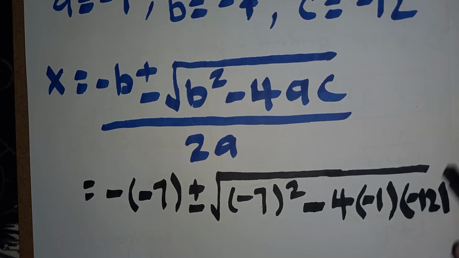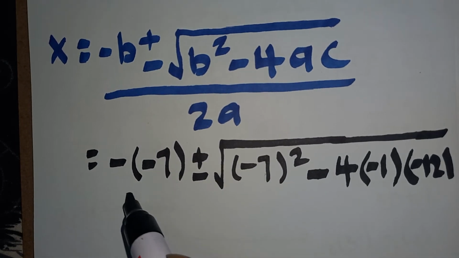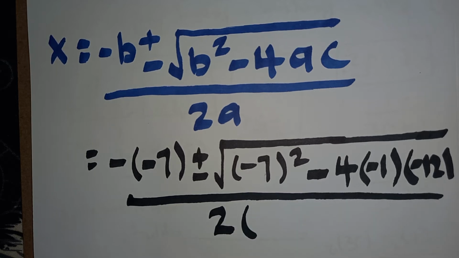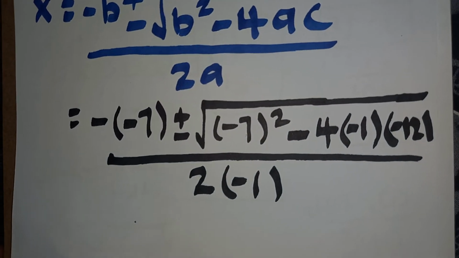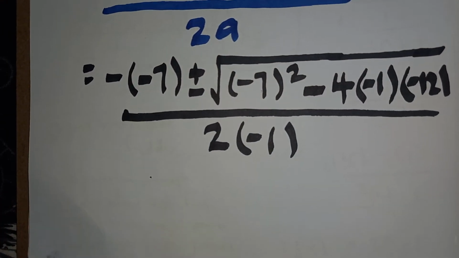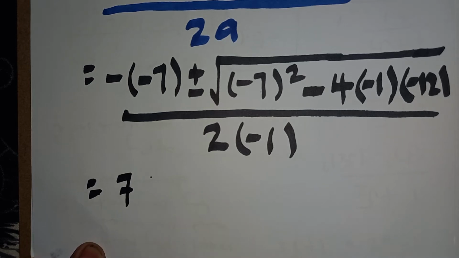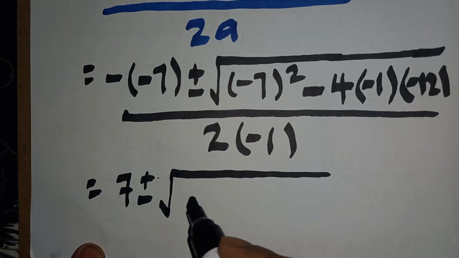So that will be under the square root, and then it says you have to divide everything by 2 times the value of a. The value of a here is negative 1. Now once you have plugged everything inside the formula, you can start evaluating that. Negative 1 times negative 7 will give me positive 7, right? Then the plus and minus will come there, and then we have a square root of everything here. So 7 squared is 49,